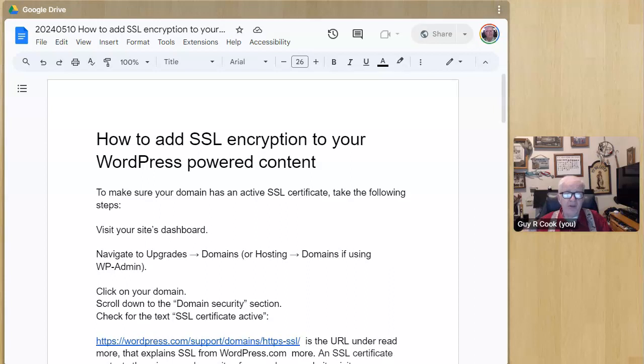And that document, if you go to theguyrcookreport.podbean.com, it's going to have the steps where you go into your dashboard in WordPress, navigate down to the upgrades and click on domains. And that's going to be in the WordPress admin, okay? And in that dashboard, you click on the name of the domain, and then on the right-hand side, you scroll down to domain security, and it's going to tell you if there's an active SSL certificate on that domain name